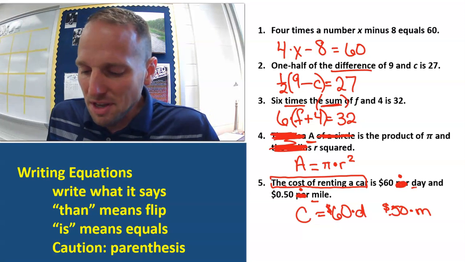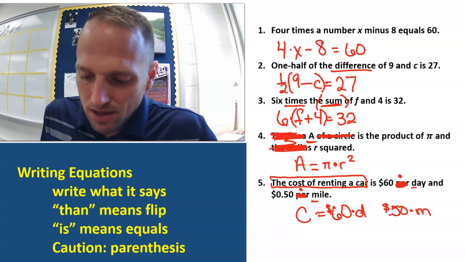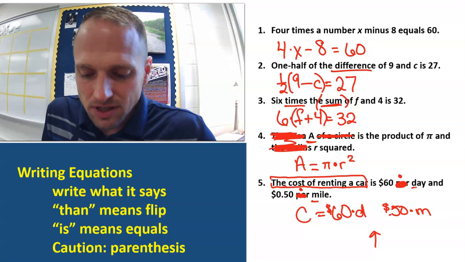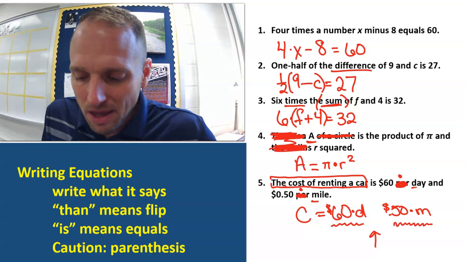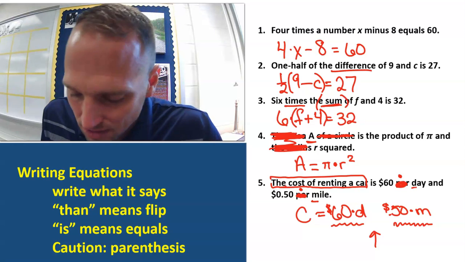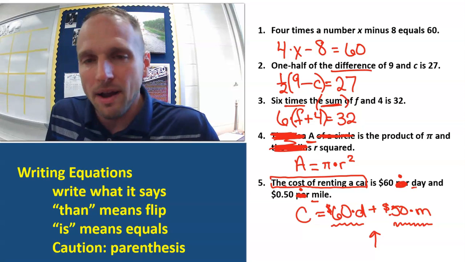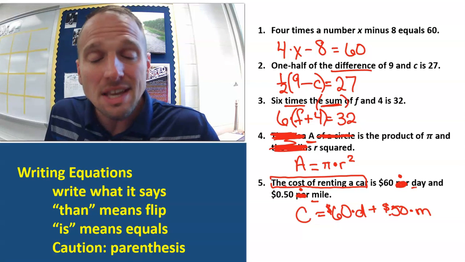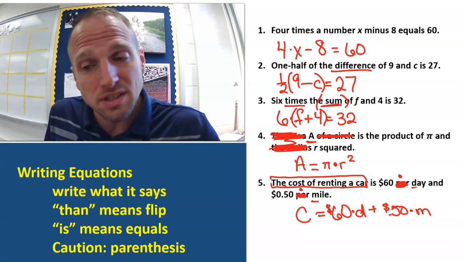Now something still doesn't look quite right. Right there, I feel like I need something there. So this is $60 a day, and then we also have to pay 50 cents per mile. So what would go in there? Yeah, you've got it. This is a plus, right? We have to take what we pay per day plus the cost per mile, and we have our equation. So there's our equation. C equals, the cost equals $60 times the number of days plus 50 cents times the